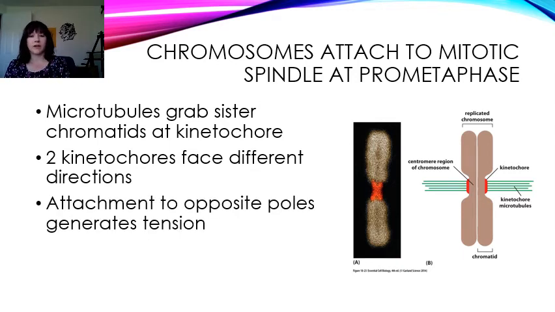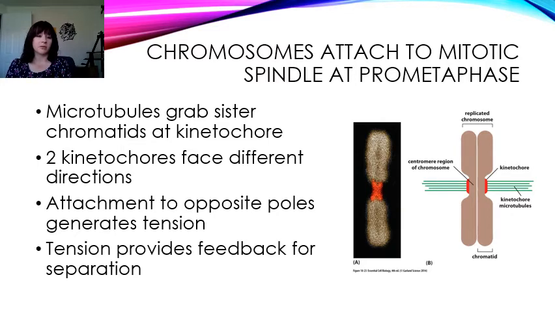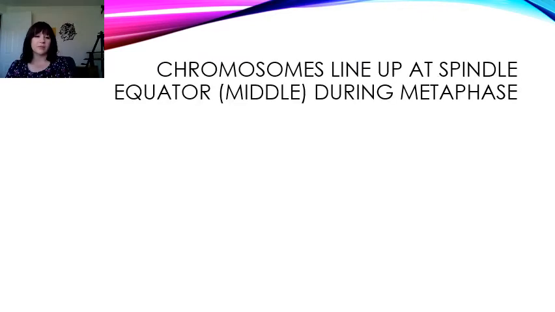And so this is going to create tension, like playing tug of war. And this tension is what allows the cell to line up the chromosomes in the center of the cell. There's actually feedback where these cytoskeletal proteins, motor proteins, are acting to tighten and loosen the microtubules, to polymerize or depolymerize them. There's feedback going on, like to say, oh, it's loose on this side, let's tighten it up, or oh, we need to give a little on this side,